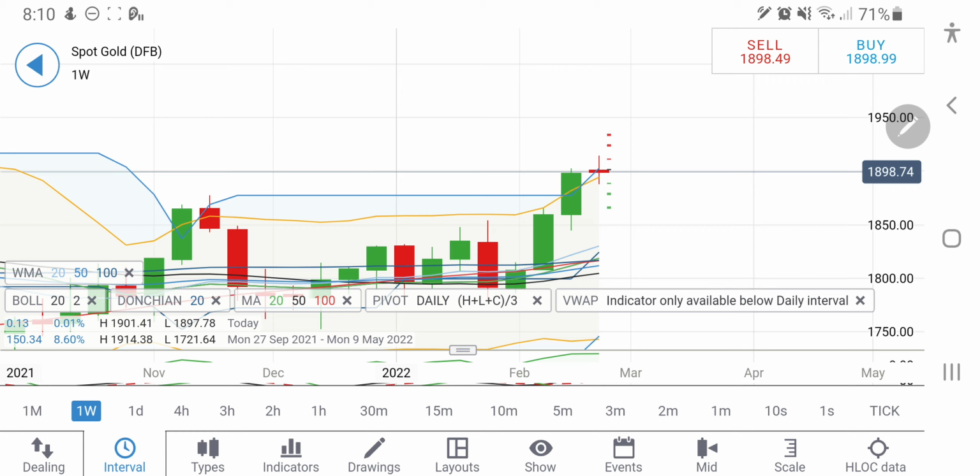On the downside, if it breaks 1894, take a short entry there at 1894. The next target is 1889, and then below that it will try to drop towards 1883 and 1880 levels. This time the drop is going to be a little sharp. Probably we might see 1880 directly, it might land at 1880 levels. So take a short entry at 1894, or take a long entry at